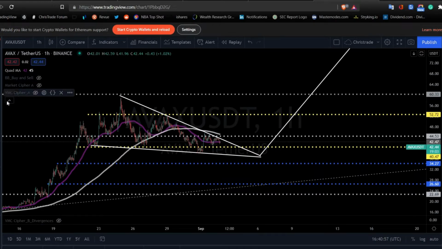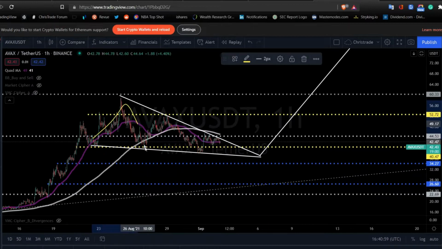Now, it is bouncing very nicely in this falling wedge. We're expecting that. If you want to be a little bit brave, you can wait for this to drop about here, wait for it to go slightly back up, and then enter your trade if you want. But technically, it can also play all the way down here. But that's one way to trade this.